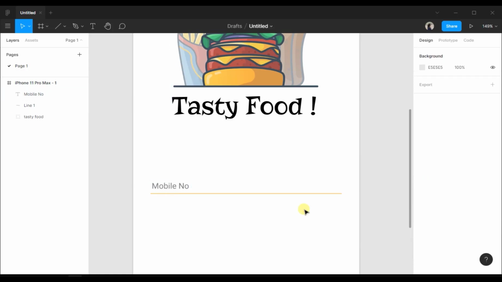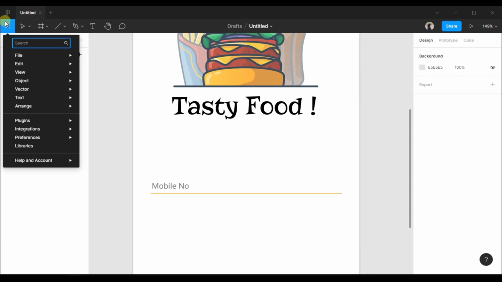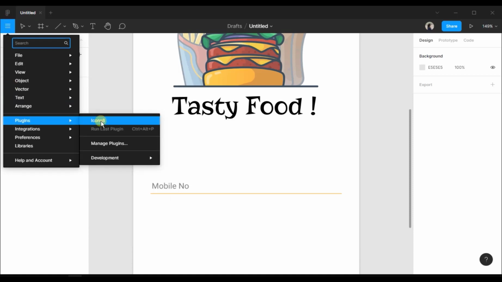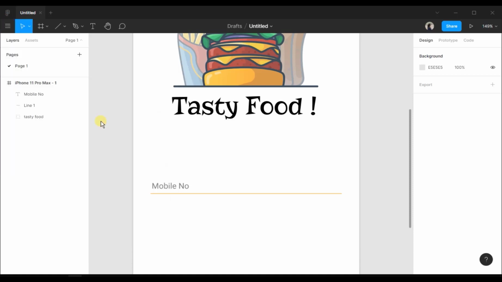Now we need icons. For that there is a website iconset.com from where you can download the icons free of cost, and also they have the desktop version. But in Figma there is a plugin for the same iconset.com, from which you can copy and paste the icons onto your design. So I have already downloaded the plugin for iconset.com, so I will open it.